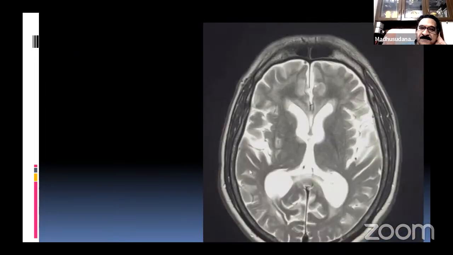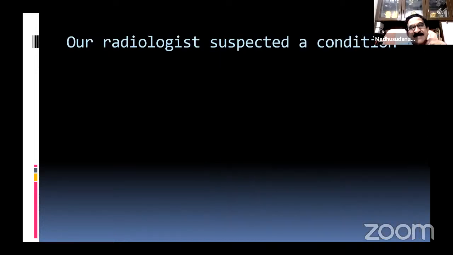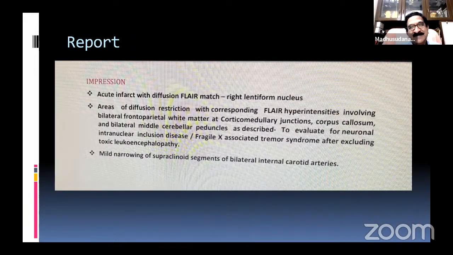T2. So this is what is reported. See, acute infarct, forget about that. Areas of diffusion restriction with corresponding FLAIR abnormalities involving bilateral frontoparietal white matter, the corticomedullary junctions, corpus callosum, bilateral MCP,